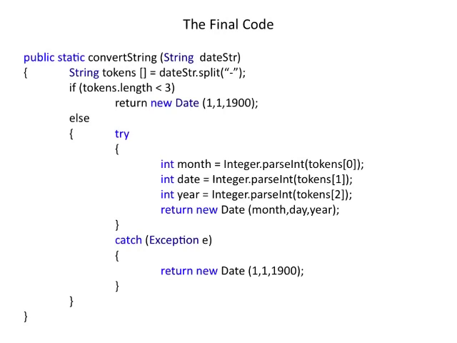And this is your final code. What you're emphasizing here is that you're handling the exceptions, and one exception is if you don't have at least three items in your string. And then also you're handling it if the data in the string are not numeric. But what doesn't this handle? It doesn't handle if there's